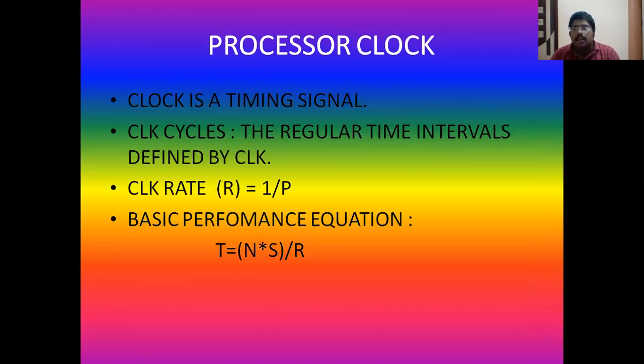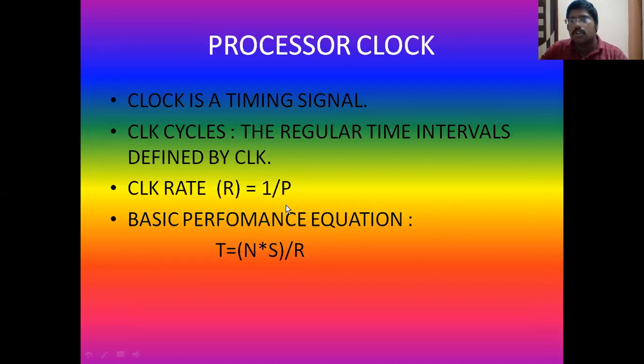So here what we are going to give is a particular clock frequency. Obviously it will calculate the inverse of frequency so that we get a time period. What you have to remember is that for high performance we need to give a high frequency. If the clock frequency is high, then the time period will be less